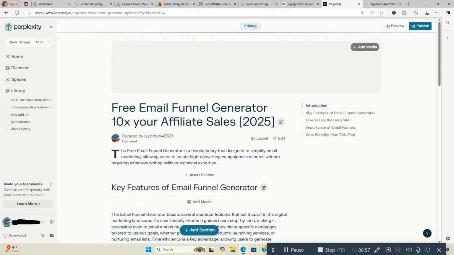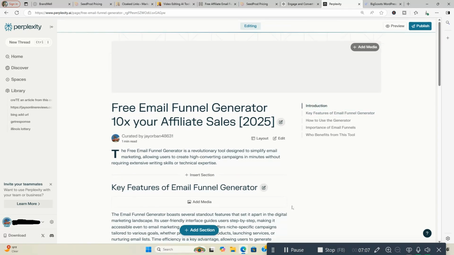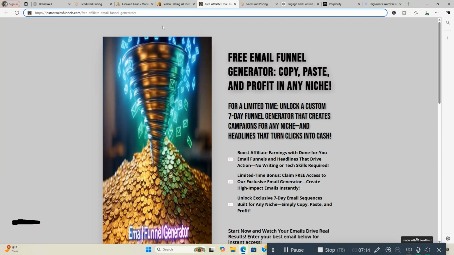But here we go here. We're going to add media. And you can add a nice picture up here. And then we're going to go through section by section. But the goal here is to get links to whatever it is you're promoting. It could be an affiliate offer. In this case, it is